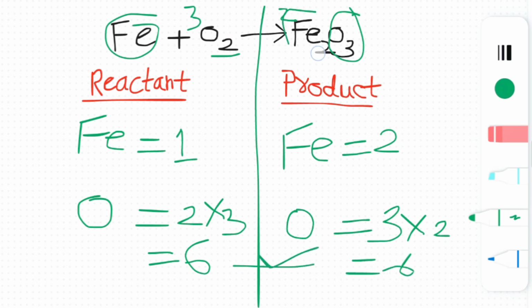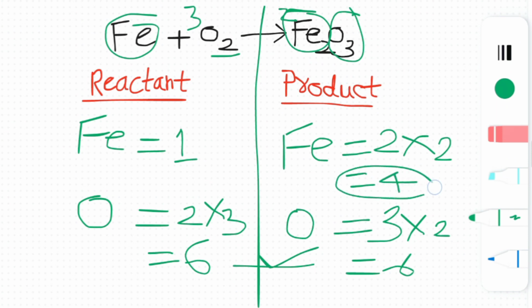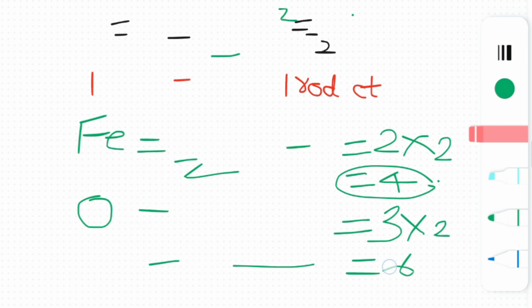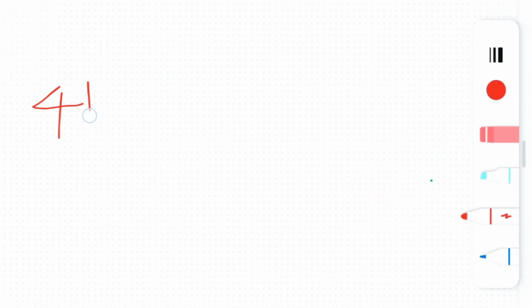Now, the product side has 4 iron atoms, 2 times 2. To balance the reactant side, place a coefficient of 4 before Fe. The balanced equation is